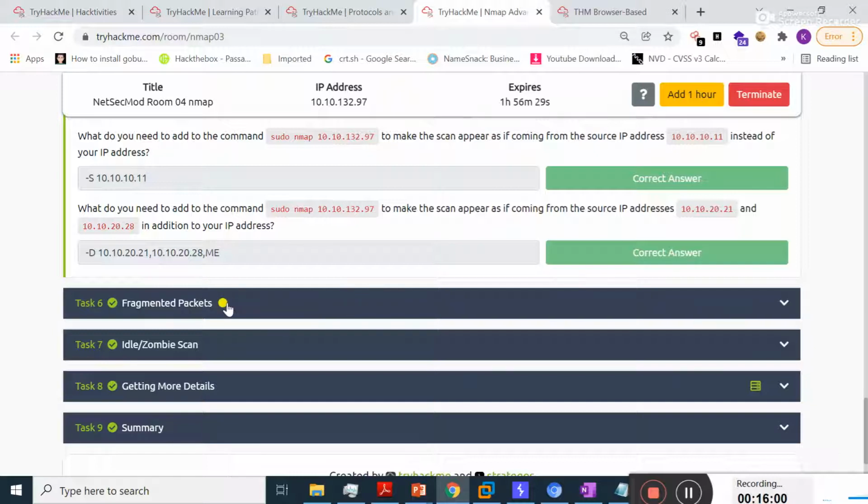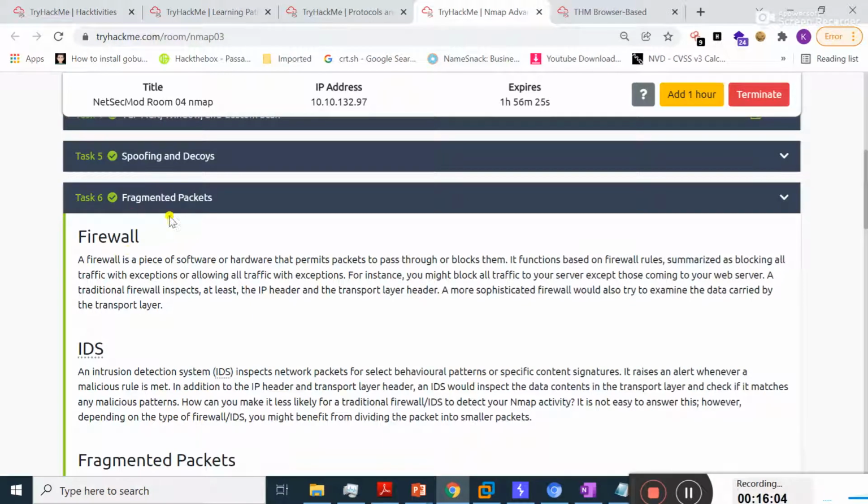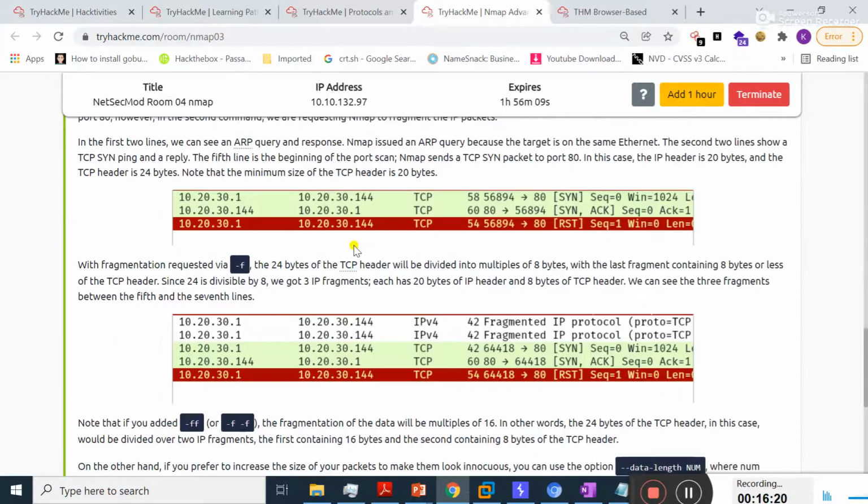The next task is task 6, which is related to fragmented packets. Basically, why do we need fragmented packets? If you want to bypass the firewall, it's very good practice to send your packets in chunks, in a few small pieces. This is called fragmentation. You can use the -f switch in order to perform a